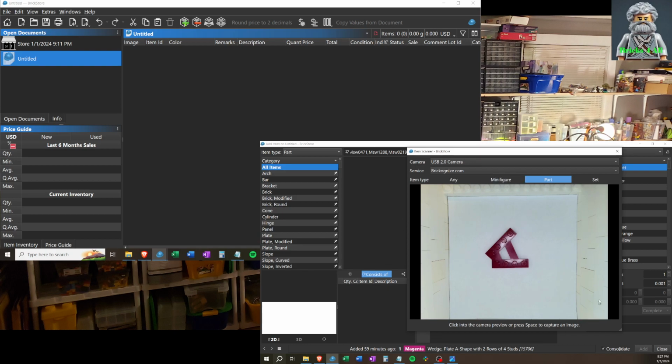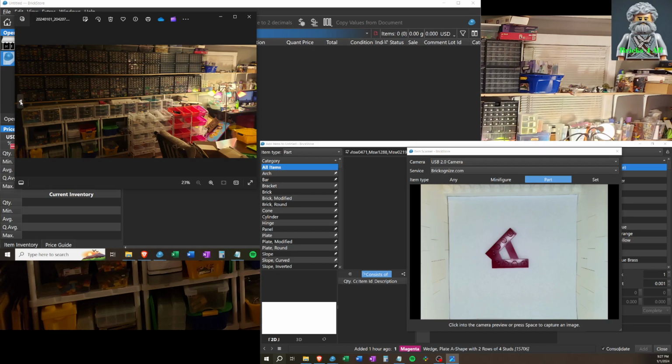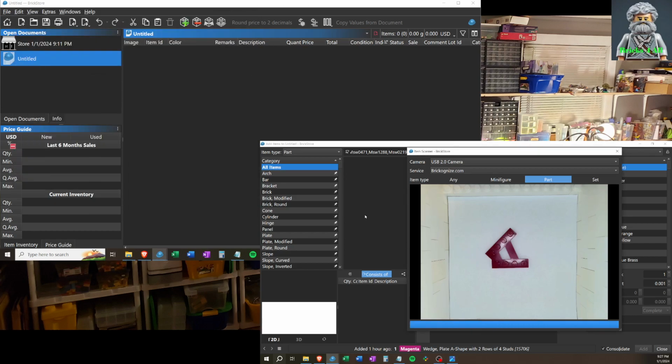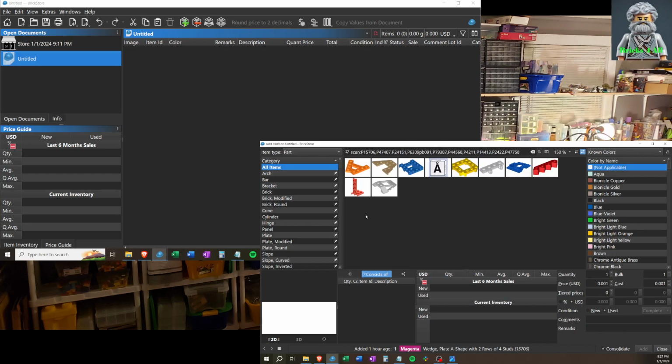This particular screen here shows the 16 by 16 plate that I've used, and I've built a white brick box for it. And let me bring up the shot that I have of it. You can see the webcam is just suspended above the white box, and it allows me to insert a part, and you can see the part here sitting inside there, and it sits right next to my computer monitor, and I can just handily throw anything in there, take a picture of it, and then the Brickignize database will tell